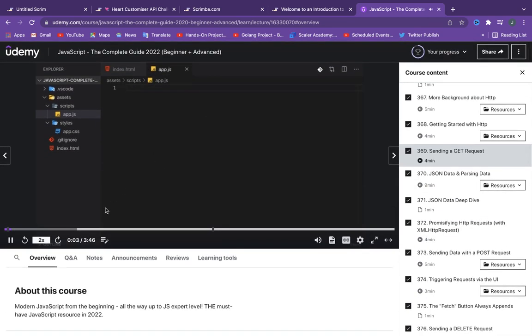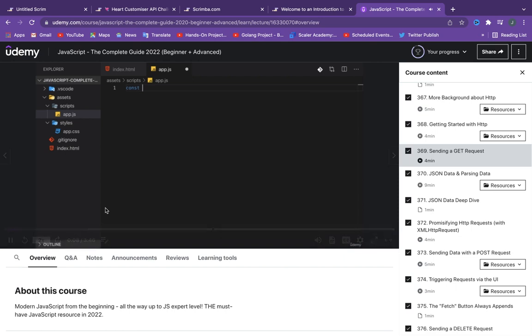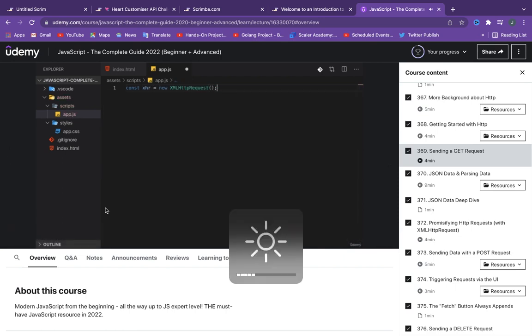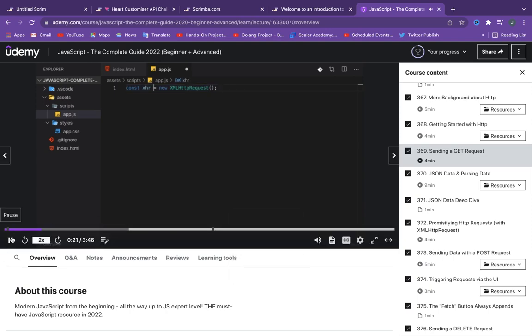So how can you send an HTTP request then? It all starts with creating a new XMLHttpRequest object. And I'll name it xhr, that's the name of my constant. And with new XMLHttpRequest, you create such an object. So that's the starting point. This object will allow you to send